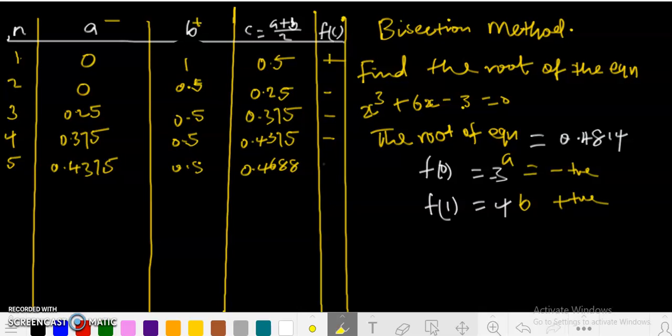0.4688 also is negative. Now take this value to row 6. Here you have 0.4688, and because this is negative, we put it in the negative position, and then here, as we know